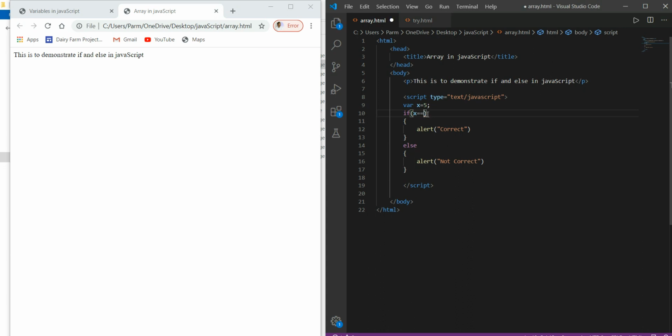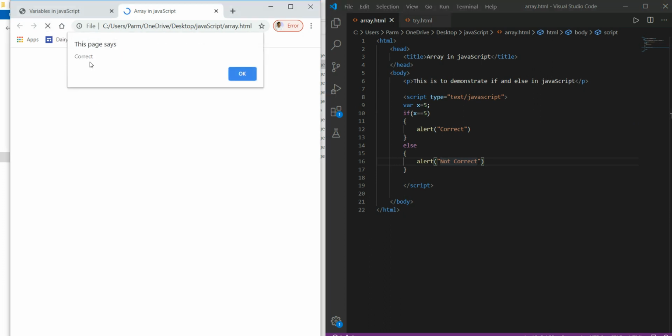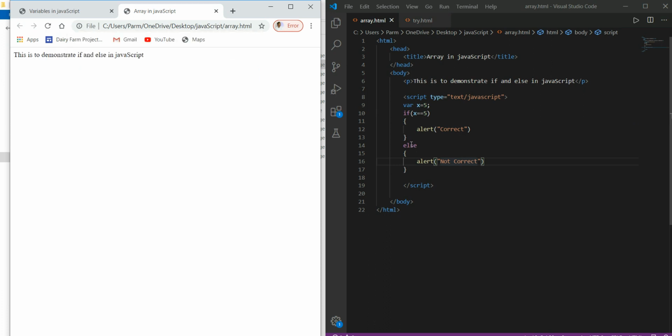If we put 5 again, save it, and refresh, it gives the message correct. So this is the way of using if and else. The if statement will get executed if the condition is true, and else will get executed if the condition we have specified is not true.